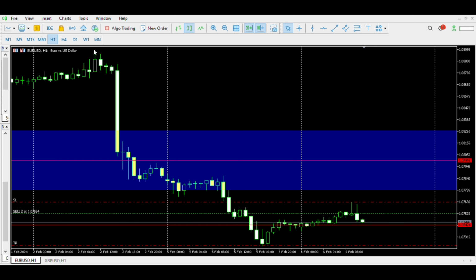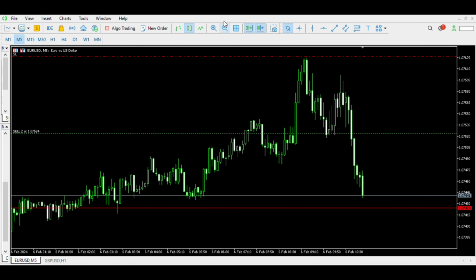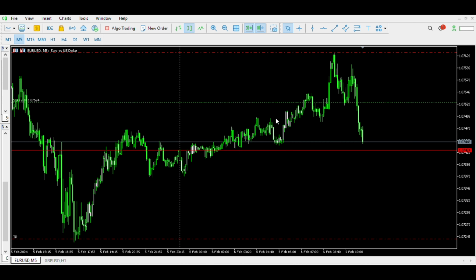If you go to H1, people, try this, backtest this. Go to H1, look for the swing high, switch to M5, and you're going to see something. You're going to see the same pattern that I've been preaching on this channel all the time. You're going to see a little trend going one direction. You're going to see a fake, a drive up, it pulls back in, a fake to continue, and the reversal. That is the start of the reversal.